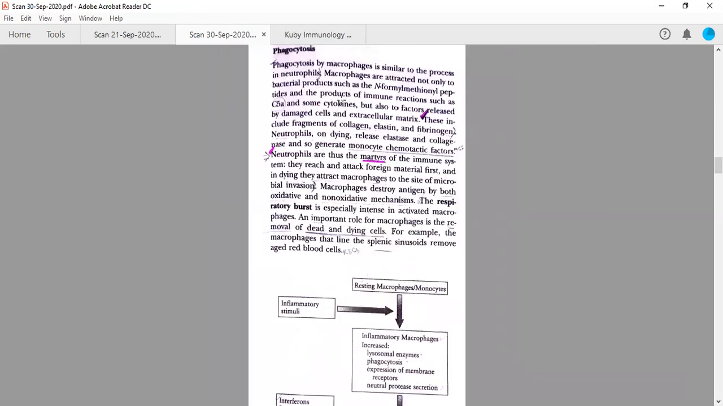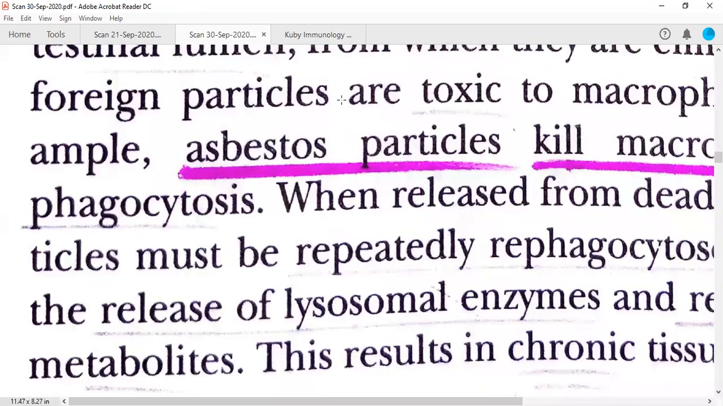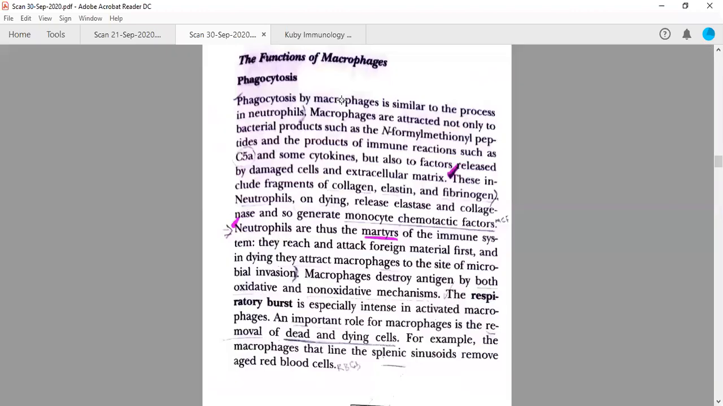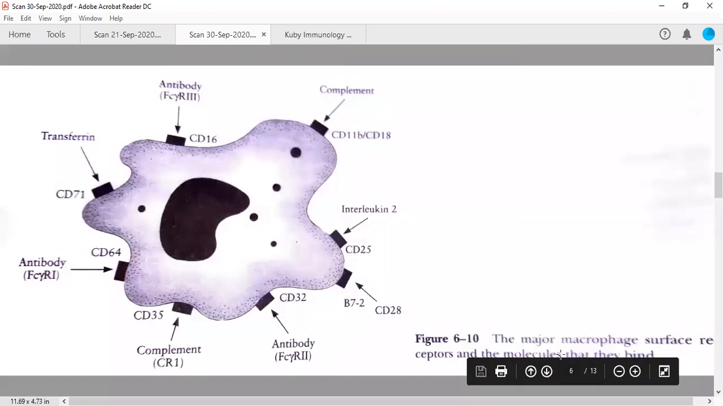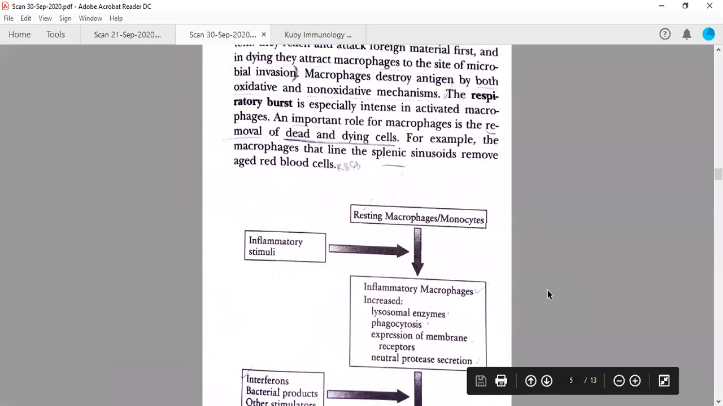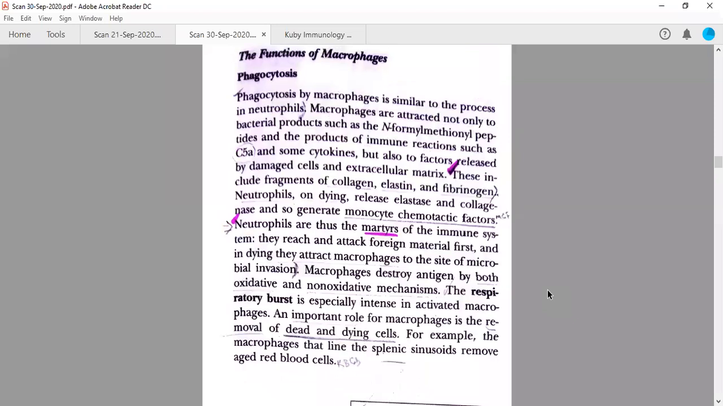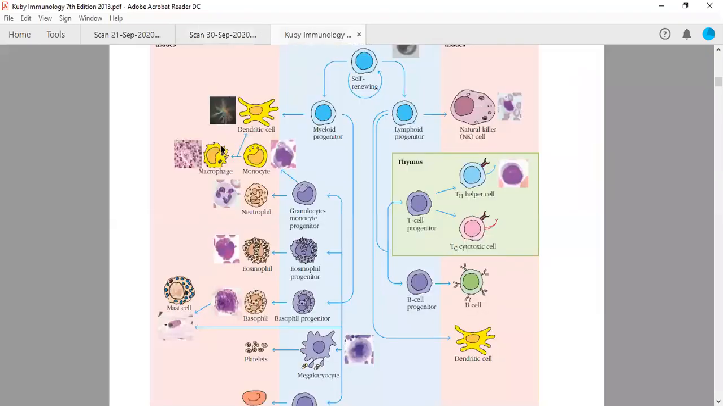All right. So the major function of these cells now is to perform the process called phagocytosis. One of the major functions of these phagocytes, or these macrophages, is to perform the phagocytosis. So first we will discuss about